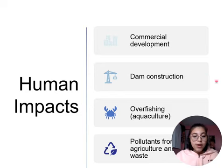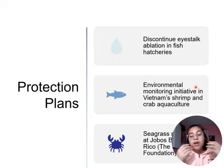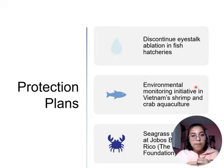As for human impacts, we've got commercial development, dam construction, overfishing, again, aquaculture, and pollutants from agriculture and waste. All of this affects the mangroves, and there's restoration efforts to try and fix this. Such as protection plans. They want to discontinue eye stalk ablation in fish hatcheries. This eye stalk ablation is when they take out one eye from female shrimp in order to force them to reproduce in captivity. They're trying to stop this and create a better way to reproduce shrimp,